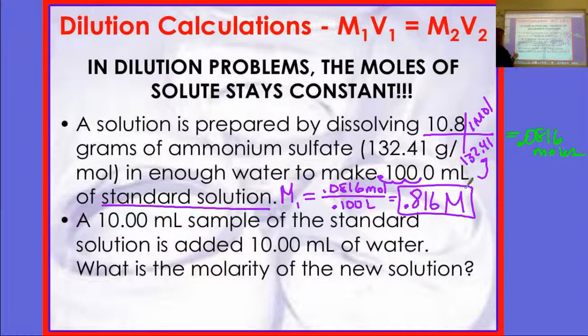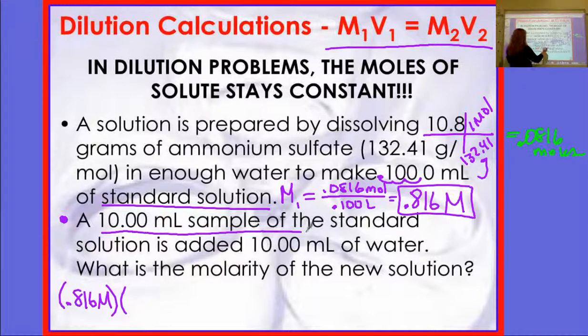Now, for the dilution part, here's where it changes. This is now when we're going to use M1V1 equals M2V2. I know my M1, 0.816. My V1, a 10 milliliter sample of the standard solution, 10 milliliters, 0.01 liters,